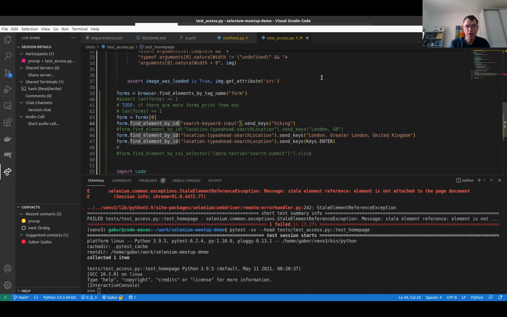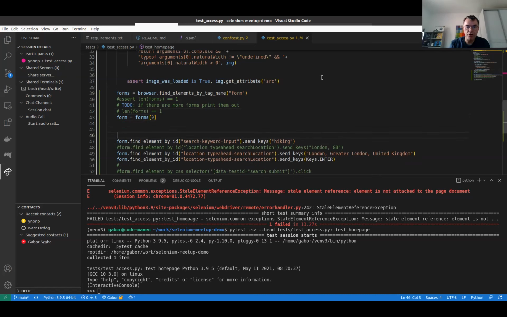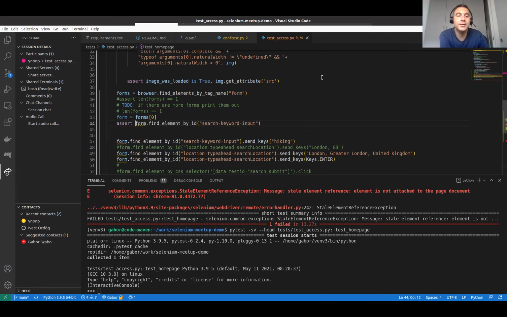And then what you said, that we wanted to make first this test to verify that the form is there, right? You wanted this test to verify that the form is there, and then a separate test to fill it in. Yes. Okay. So how do we verify that it is there? Find element by ID, and then we just assert that it is not none.